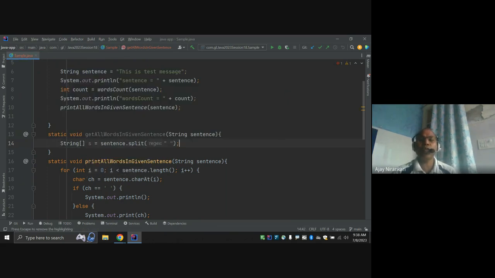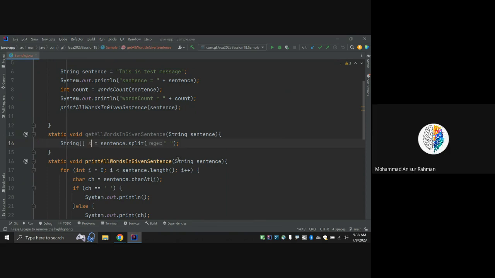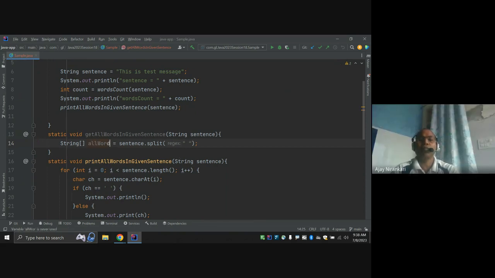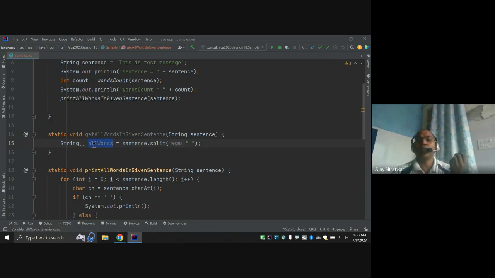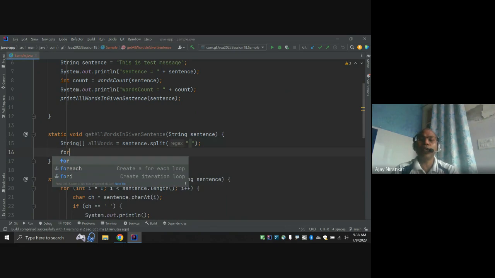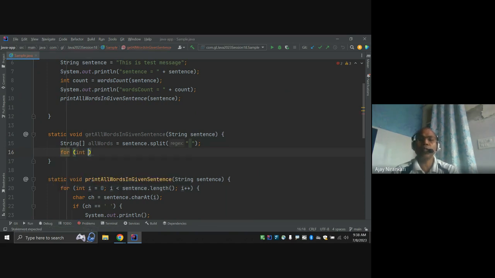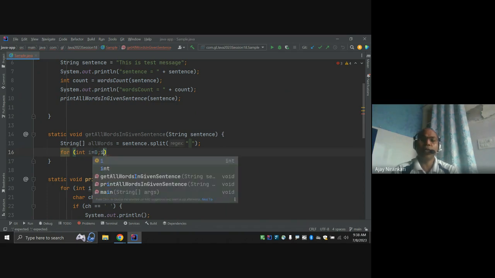So notice this is the array of all words. Now you have all words. This is the array, because the first position would be this. So now this is the array. You want to print the values the same way, with a for loop index: i equal to 0, i less than